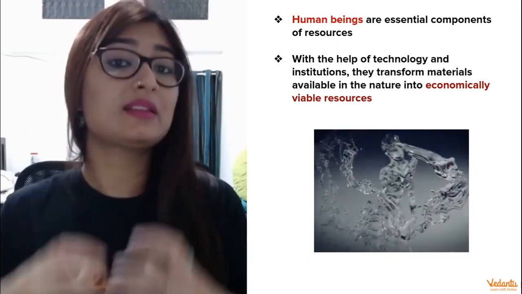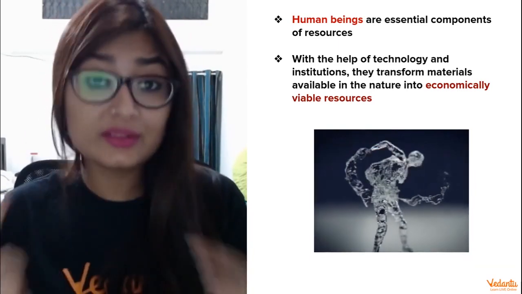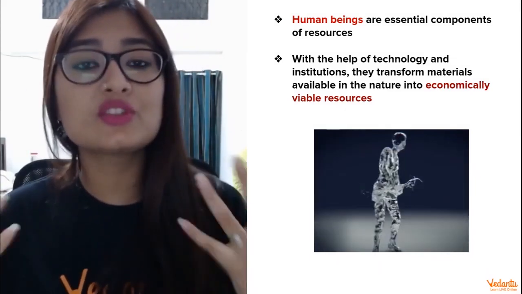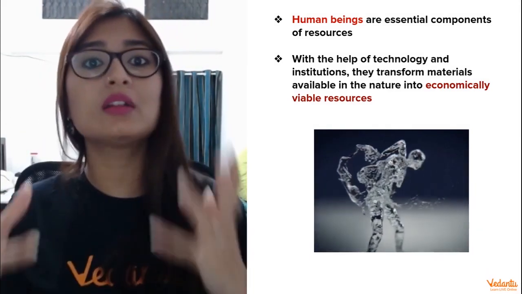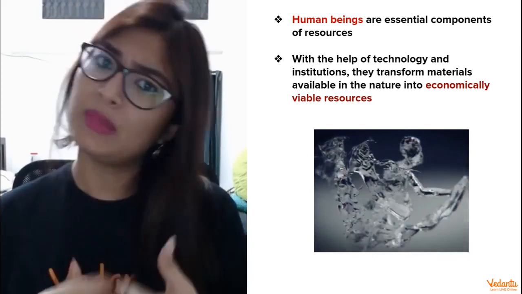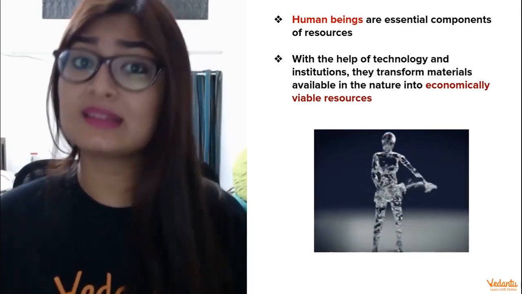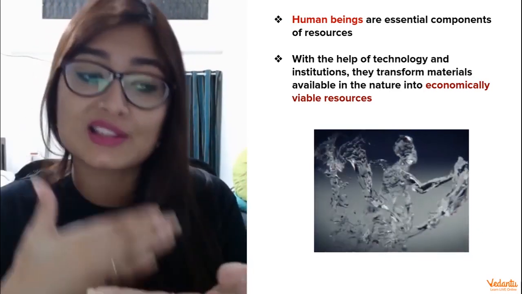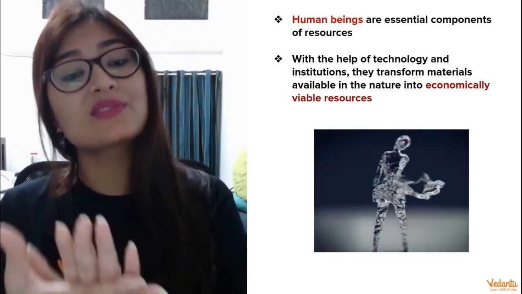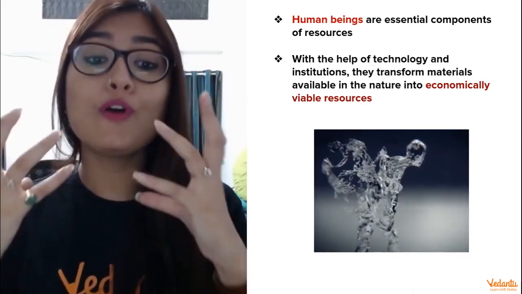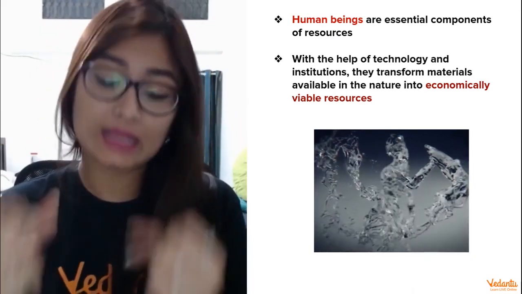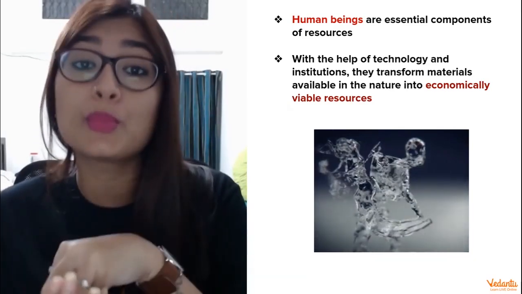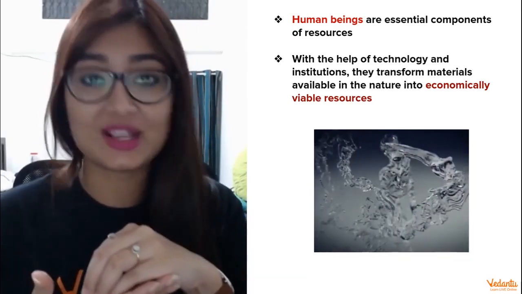Why am I saying that they are the most important component? Another reason is, how do we have the resources? I mean, it's nature's gift, right? We say that resources are the gift of nature to us. But is that enough? I think this is the second time that I'm telling you that it's not enough. Something that exists in nature has to be transformed. And who is going to transform it? It's going to be the work of humans. And that's what makes humans the most essential component of this entire process.